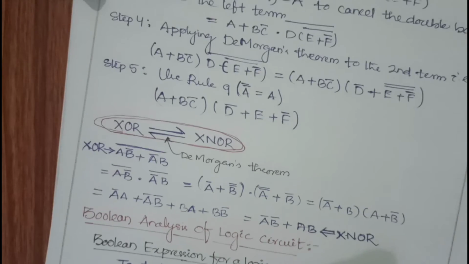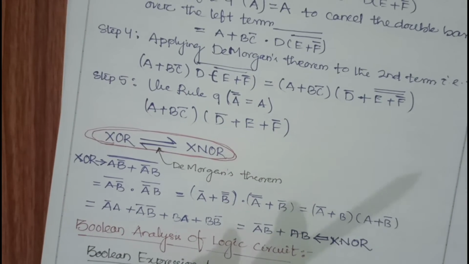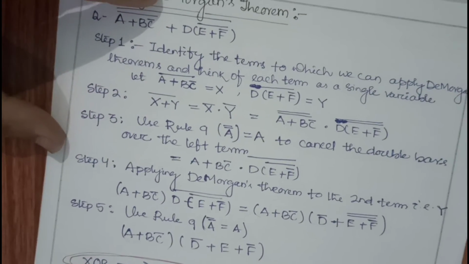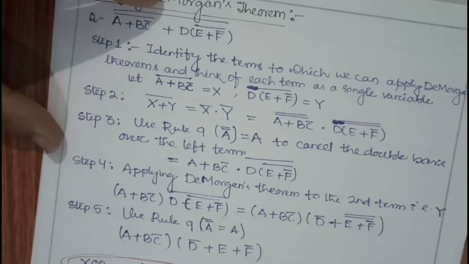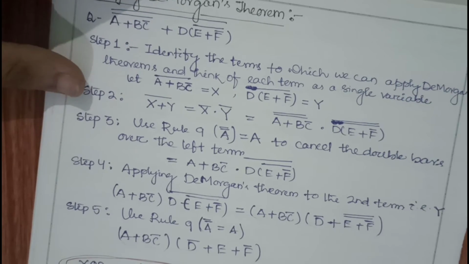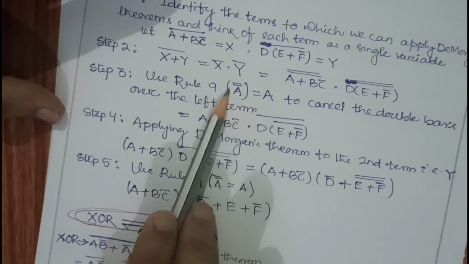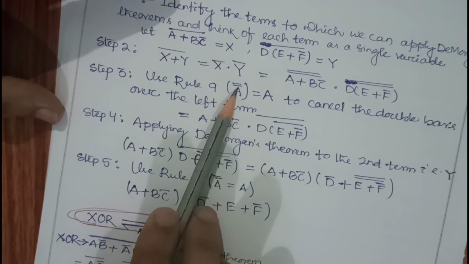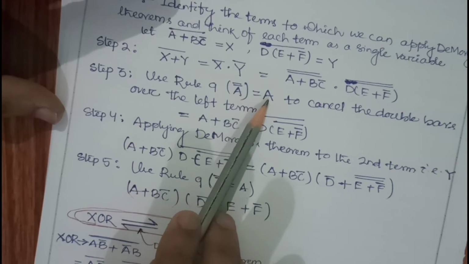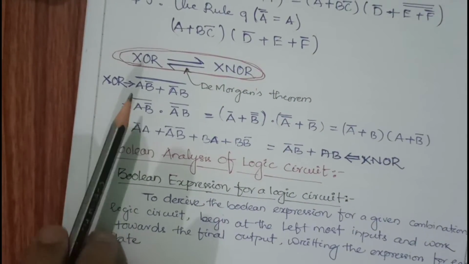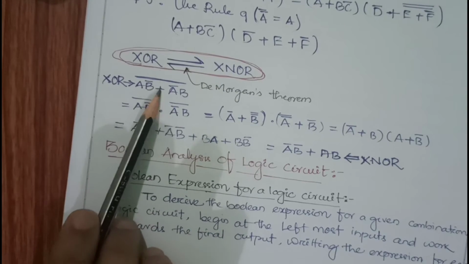So how to apply De Morgan's theorem? We have to check on which variable or which term I can apply the De Morgan formula, whether it is in the form (x plus y) bar or (x dot y) whole bar. Then you apply that formula, and sometimes you might need to use it with a double bar. If a double bar is there, it will cancel and become a simple variable. You can check XOR and XNOR by applying this De Morgan theorem.